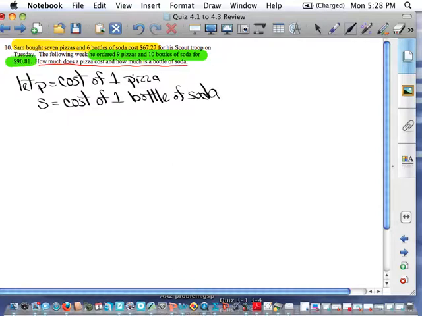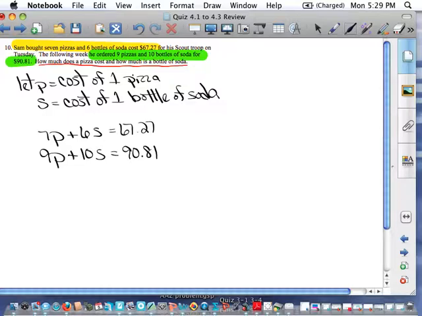So we now know that we have 7 times the cost of a pizza plus 6 times the cost of a soda is equal to $67.27. We also have 9 pizzas times the cost of a pizza plus 10 times the cost of a soda is equal to